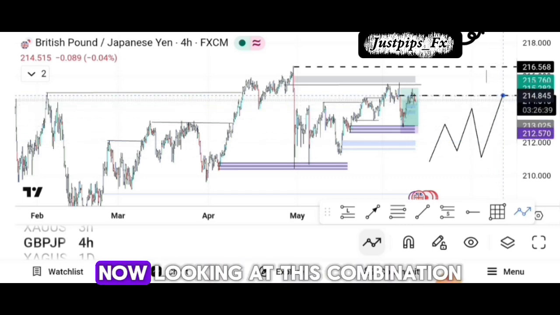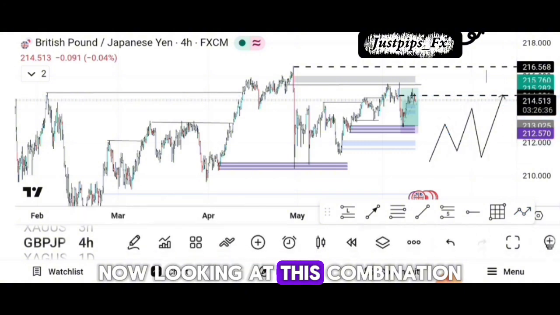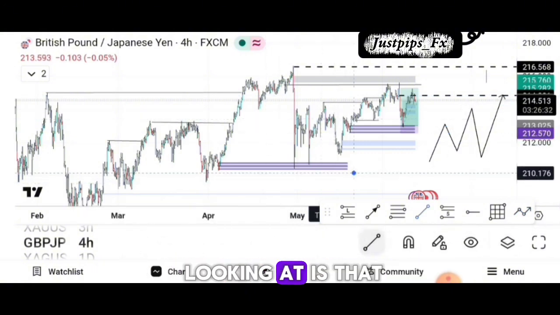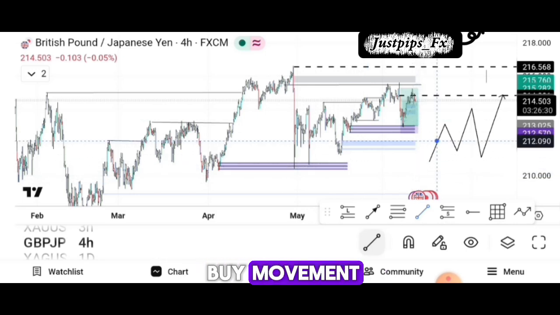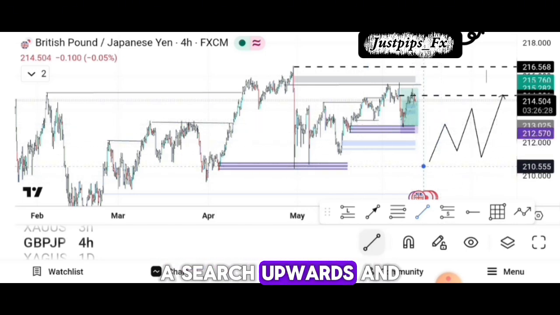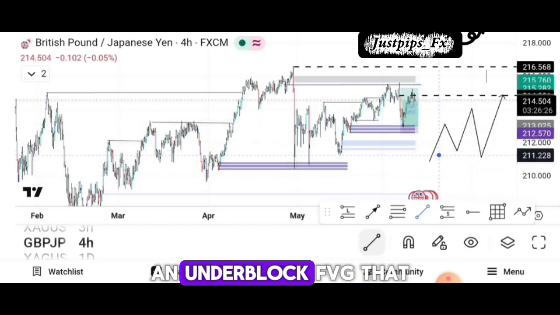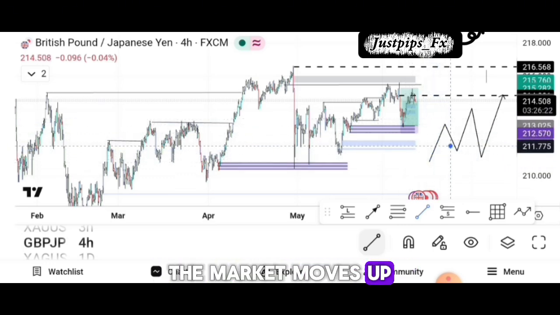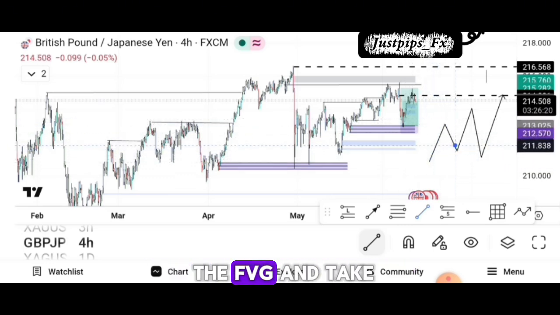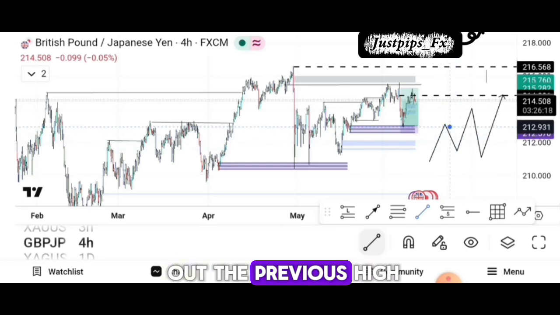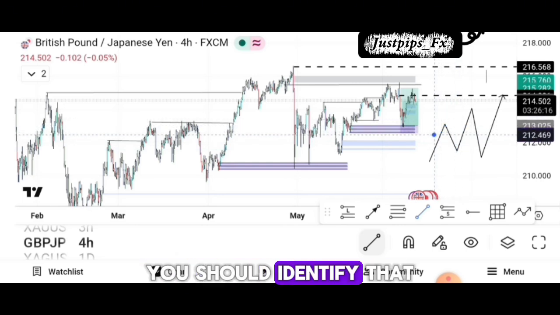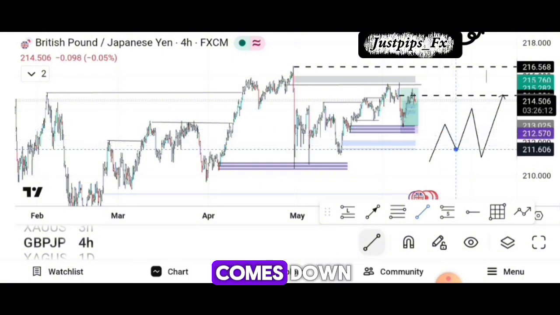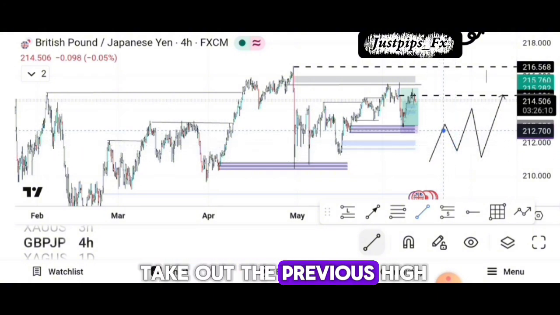Now looking at this combination, it is quite simple. What you should be looking at is that when you see a buy movement, a move upwards, and there is an order block and FVG that have not been mitigated, the market moves up, comes down and mitigates the FVG and takes out the previous high. You should identify that movement as unusual. But if the market comes down and mitigates the order block and takes out the previous high, that means the